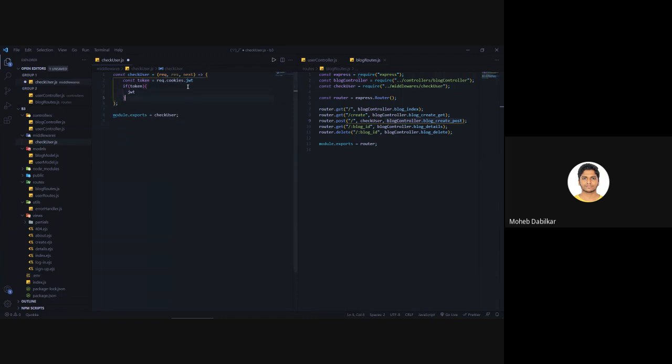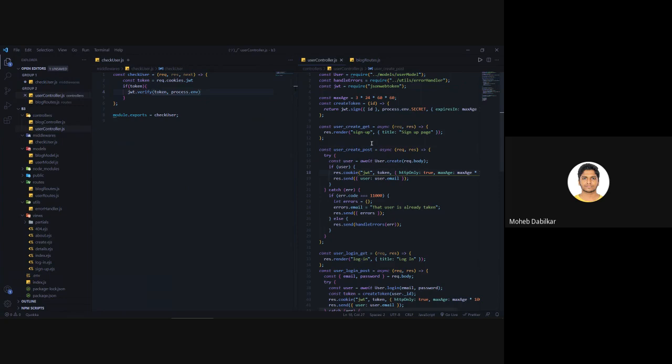So we will say jwt.verify, and with jwt.verify we need to pass in our token, then we need to pass in our secret. Just the way we created our jwt, the same way we decode it. So we will say .secret,